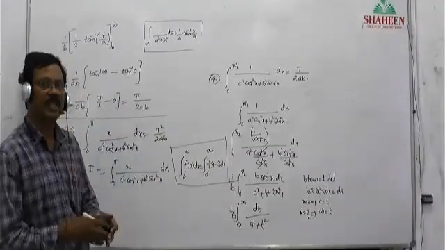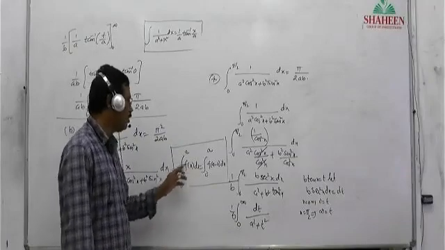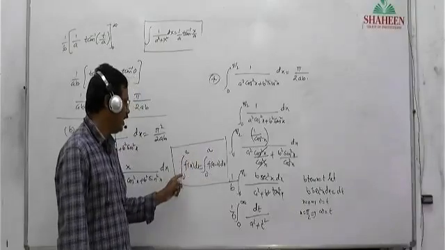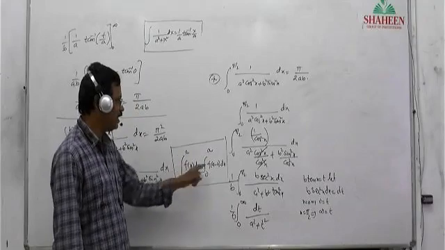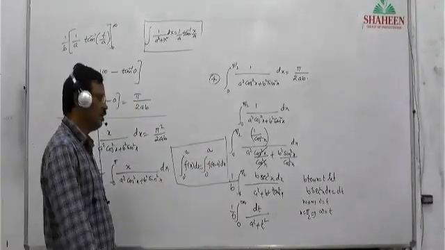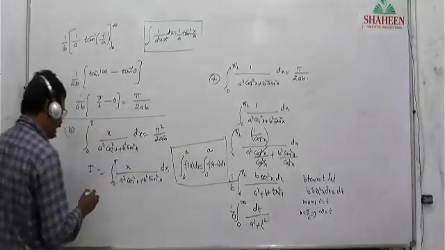Or nothing but the same: integral 0 to a f x dx, and a to b f x dx, integral a to b f of a plus b minus x. This a plus b minus x is a minus x. That is very simple. Is it okay? Now, by using this property, let us see this problem.